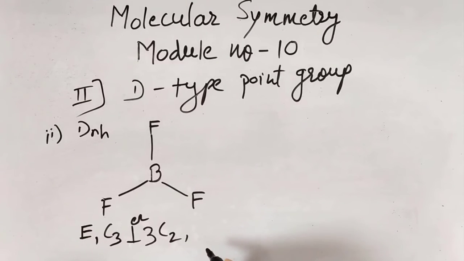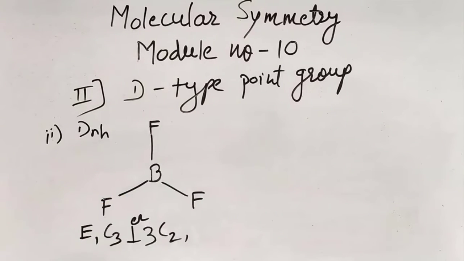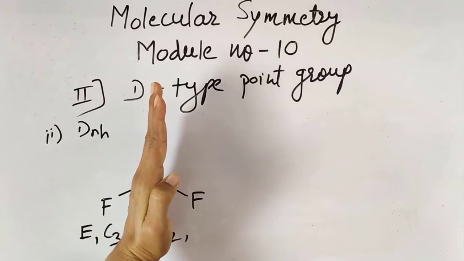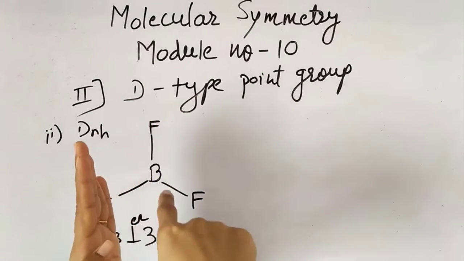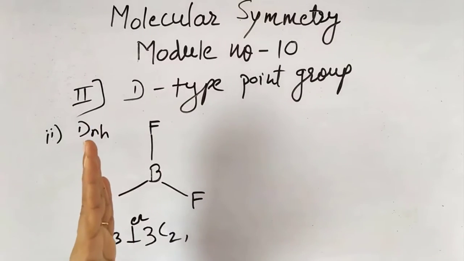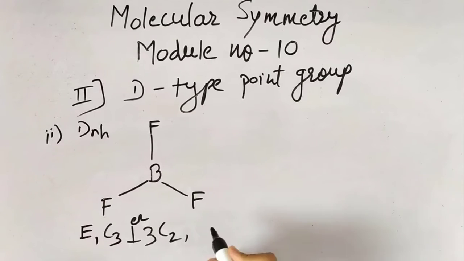We check for the planes. So what are the planes here? We have already seen, I will not repeat it, I will just write down the final conclusion. We have seen very well what types of planes are present in this. The places from where we have passed C2, from the same places we can get the plane. First plane, second plane, third plane. What is the nature between the principal axis and plane? They are parallel. So in this way we have 3 vertical planes present in this molecule.